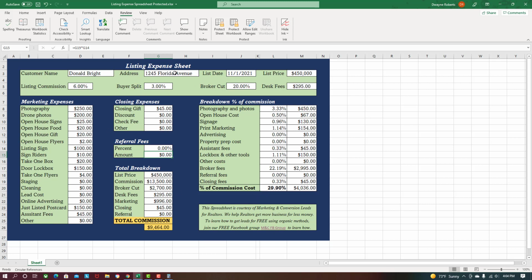Now, obviously, you can play around with these things. You can say, okay, well, what if I need to go with 5% on a listing, and I give the buyer's agent half? Now you can see the difference. You're going to make $7,600 instead of what we had before. So you can play around with this when you're thinking about doing a discount listing,